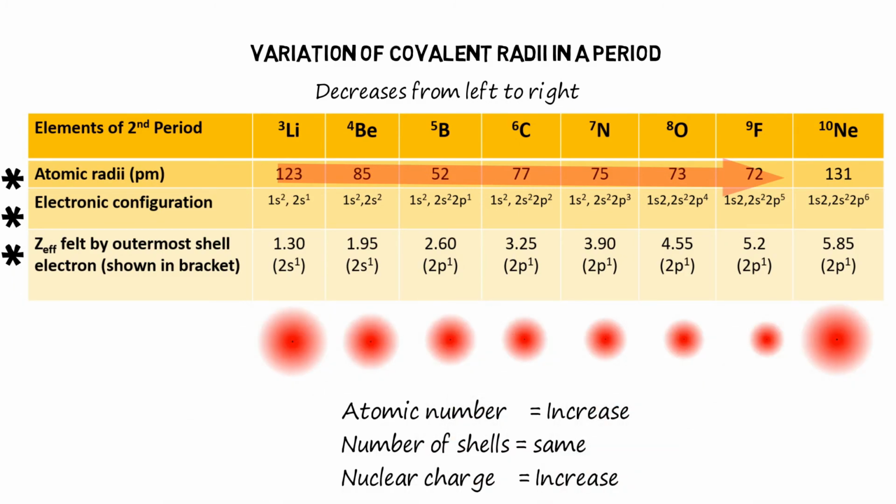At the end of the period, we can observe an increase in atomic size. In this example, the atomic size of neon is more than the fluorine. This is because the atomic radius in case of neon is van der Waals, while in case of fluorine, it is covalent radius. I have shown you before that van der Waals radius is always greater in magnitude than the covalent radius, as van der Waals interactions are much weaker than a covalent bond.